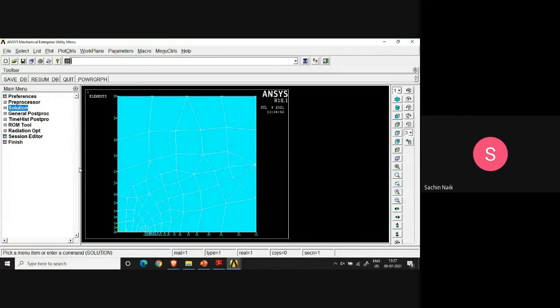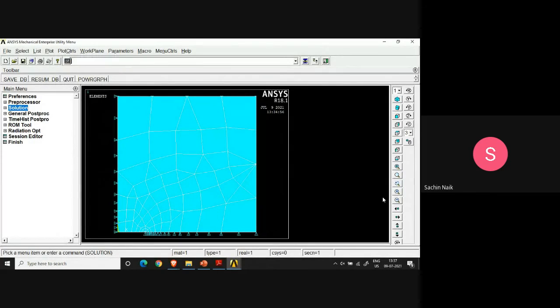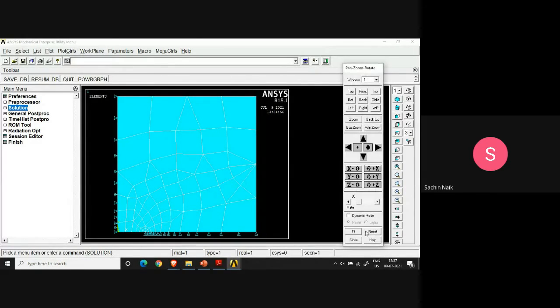For that, we have to do some screen adjustment, and for doing that, I'll go to plot controls to make it bigger. I have called this window. In this, I'll ask it to give me the zoom in the form of the window so that we can see this window and do the work appropriately.